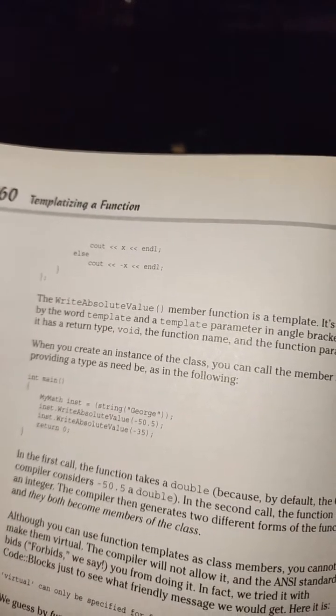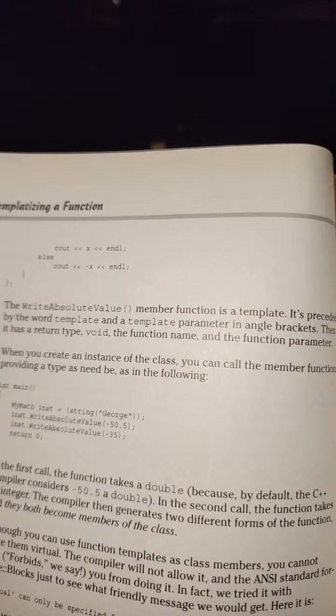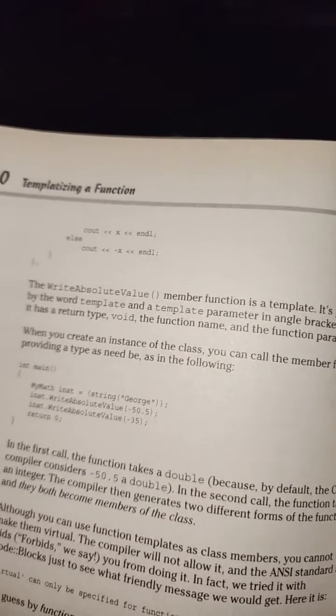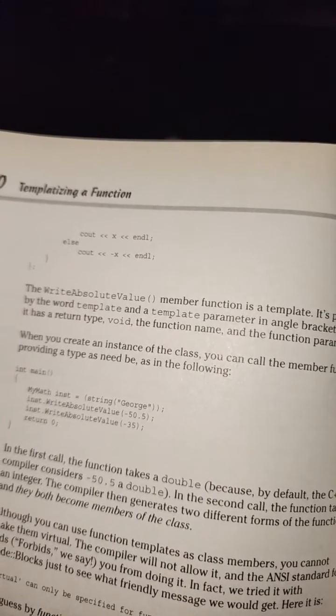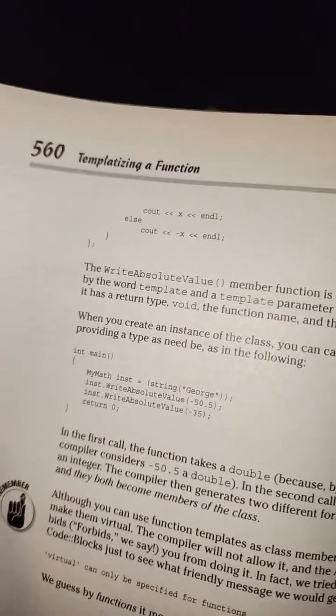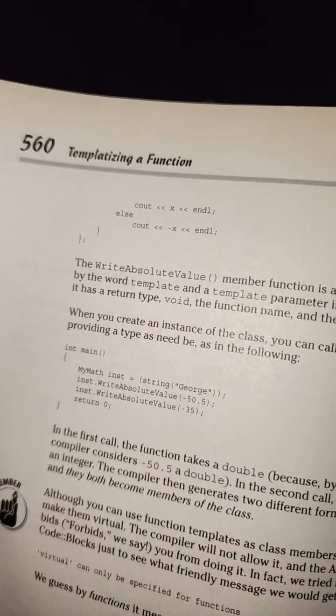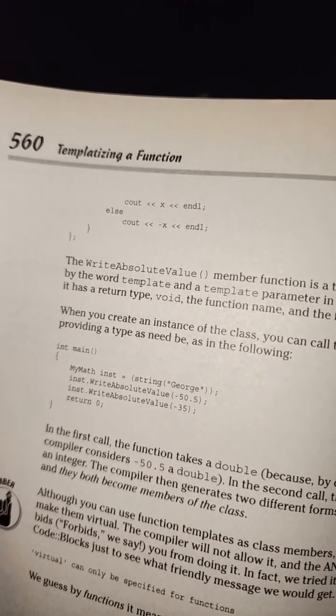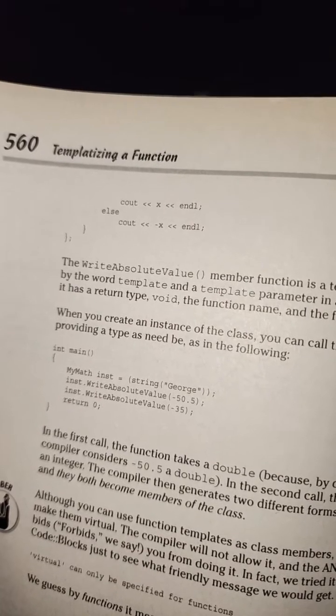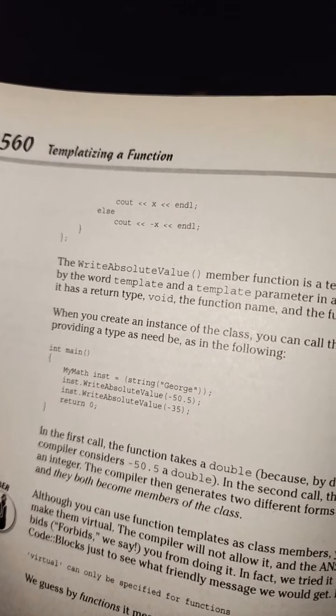When you create an instance of the class, you can call the member function, providing a type as need be, as in the following. int main() { MyMath inst("George"); inst.write absolute value(-50.5); inst.write absolute value(-35); return 0; }